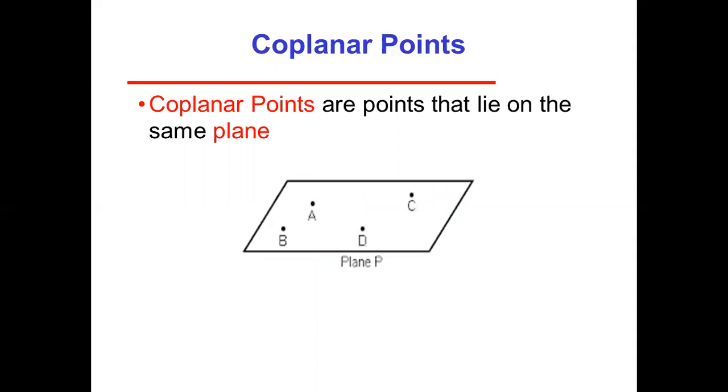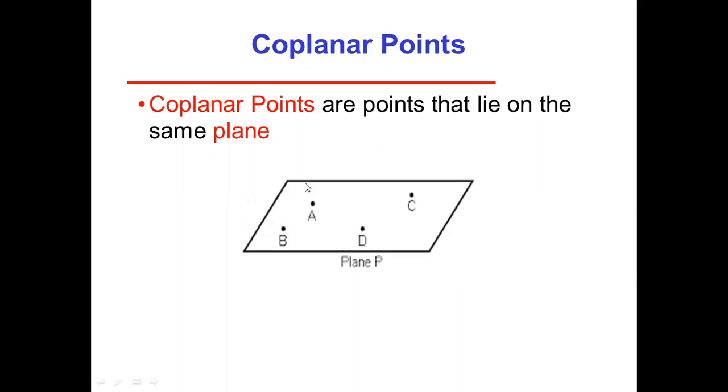Planar points: now you can see if all the points lie in the same plane. So this is a plane, plane P. We are just giving the nomenclature P to this plane, even though you can choose any name, any letter here. I am selecting plane P and considering A, B, C, D. So there are 4 points and they are lying on the same plane.